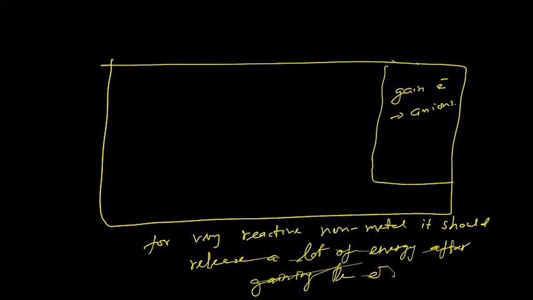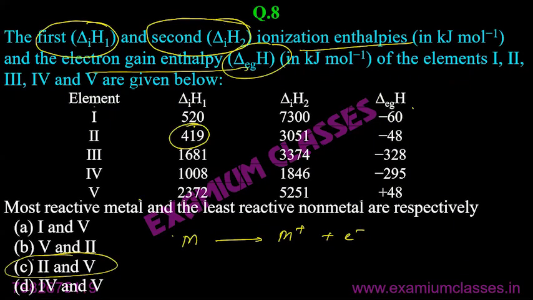But opposite of that, for the least reactive non-metal, we should rather have to provide energy to it, means the energy should be positive. It should be saying, no, I am not willing to react. Then we will force it by giving it some energy to react. Means the least reactive will have even positive or least negative. But here in this case, we have positive. Otherwise, we would have chosen the least negative. So this is the least